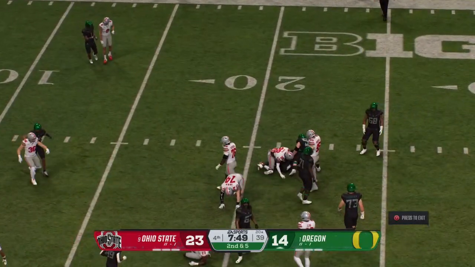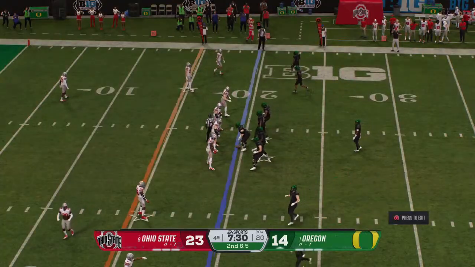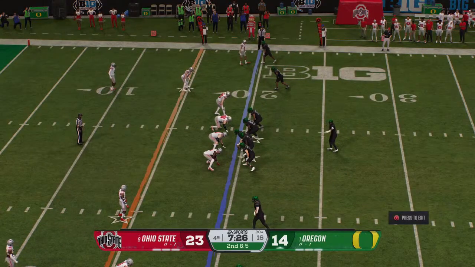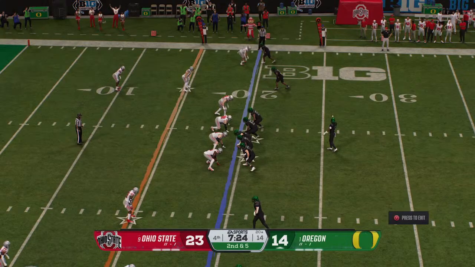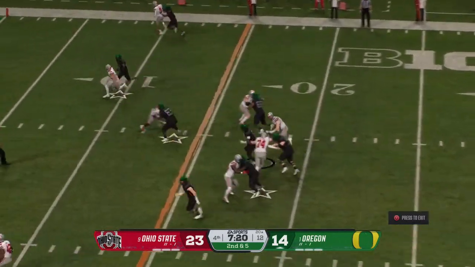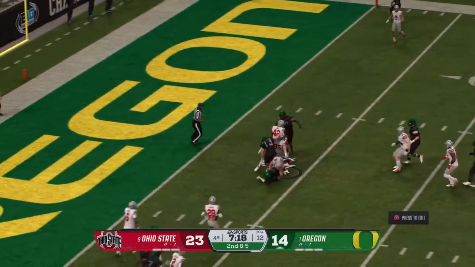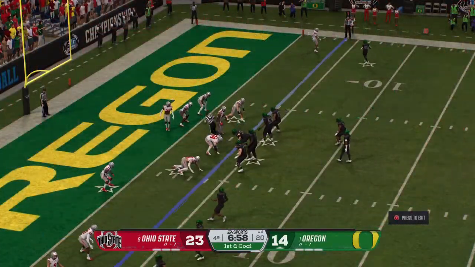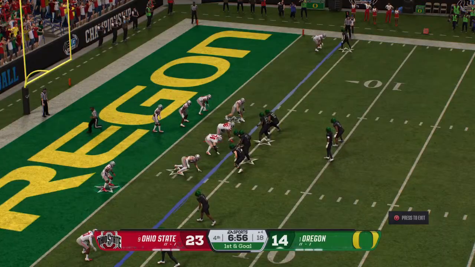Brought down after picking up 5 yards, so 2nd and 5. The Ducks are going to cash in this red zone trip. And they stop him at the 4 after an excellent run. Fresh set of downs, 1st and goal.